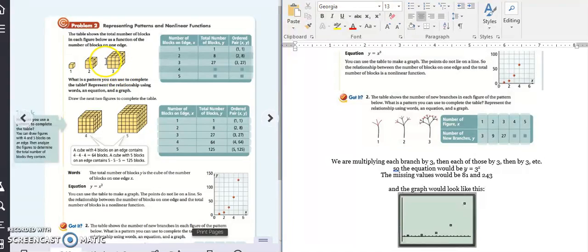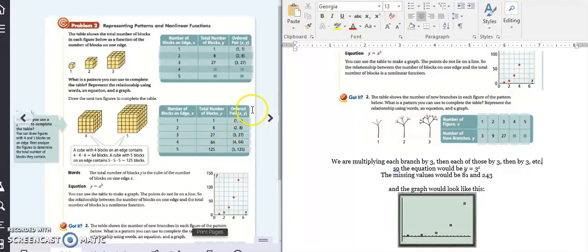So we're talking about volume. If it was 3 tall, 3 wide, and 3 long, 3 times 3 times 3 is 27. So basically what's happening is we're cubing this number. 1 to the third power is 1, 2 to the third power is 8, 3 to the third power is 27, which is going to make the next one, 4 to the third power, 64,